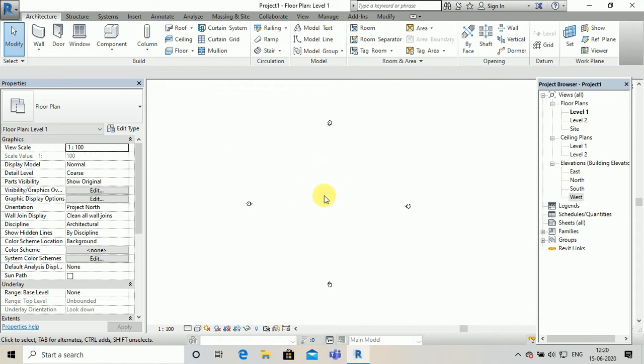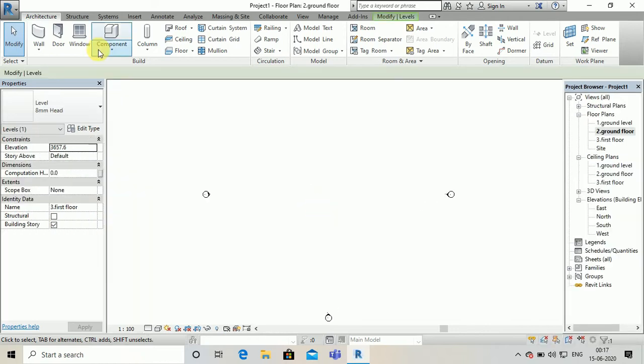So now let's begin. I hope you guys have a clear idea of what the window screen looks like. Now we will learn how to make walls, doors, windows, levels in Revit. This is our window screen. In between the cameras, we will draw our project or model.